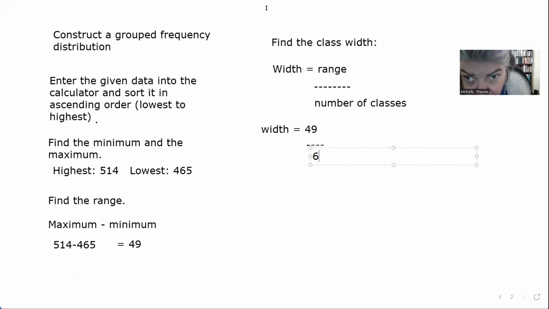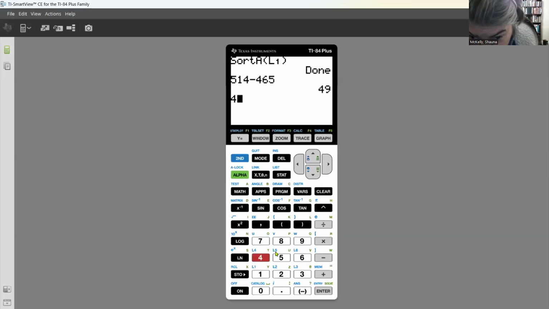And if we take our calculator now, I'm going to go to my calculator screen. We're going to take 49 divided by 6. This is going to give us 8.166 repeating, okay? 8.166 repeating. So now we have,